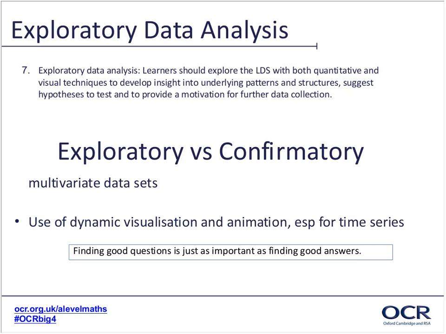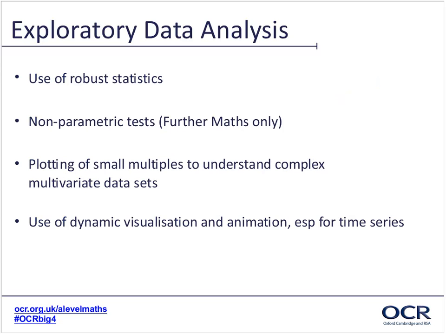So some of the aspects of exploratory data analysis that we can cover within A-level maths stats, certainly the use of robust statistics is a key thing. By robust measures, I mean measures that control for skew and outliers, so things like the median, interquartile range, and so on. For example, if we have a data set, we calculate the median, and a couple of bits of data get corrupted, as long as they stay on the same side, the median stays where it is. And so it's robust to things like data measurement errors,